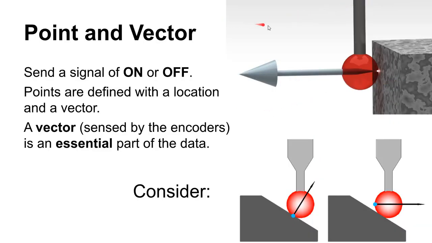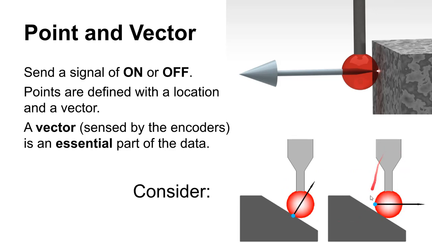All right, so if we were traveling in this direction, straight on, completely perpendicular to this surface here, and we trip the probe, then it knows to put a point right there with a vector pointing out. Now notice that the vector on this surface is normal to that surface. All right, and you can actually tell a lot about that, and we'll talk more about these vectors in a minute. But let's drop down here and consider this condition.